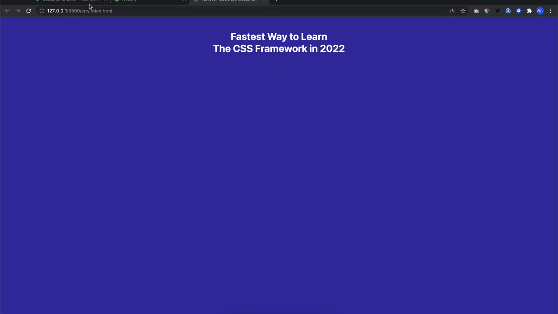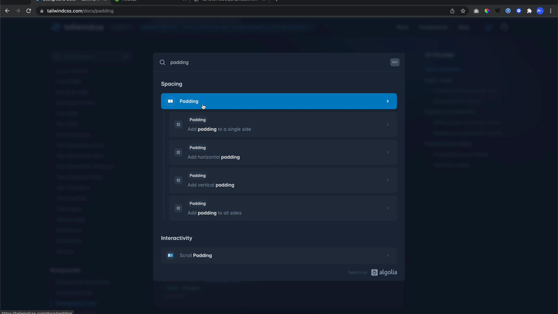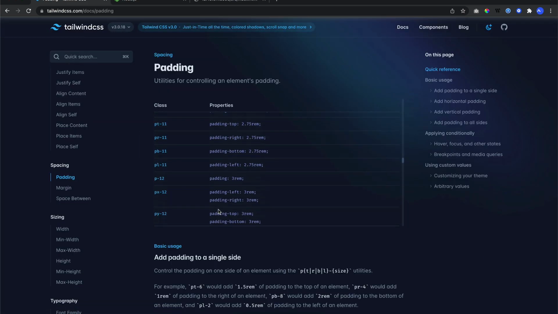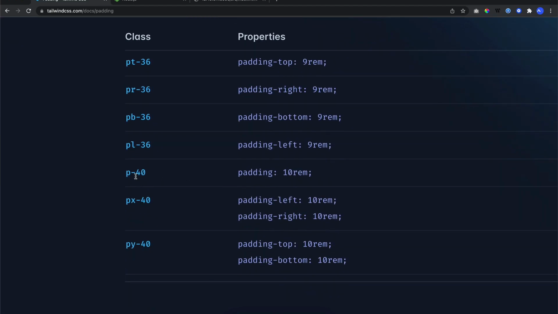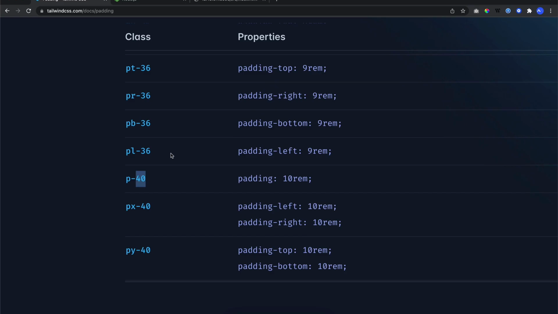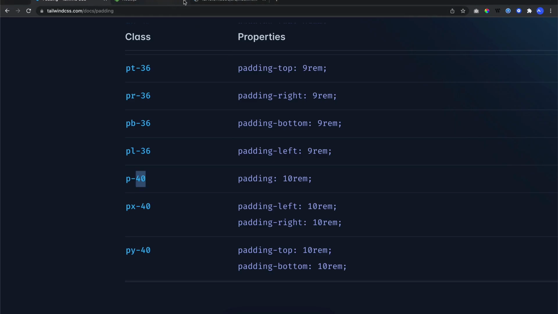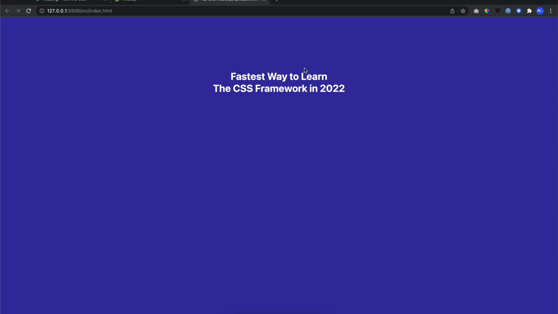And if you think that the padding that they already provide isn't enough for you, like this one, you can see that padding 12 and on, maybe you can use the padding top, the biggest one, 40, and it doesn't work. Okay, even if you hit save many times. Oh, it works. Sorry.